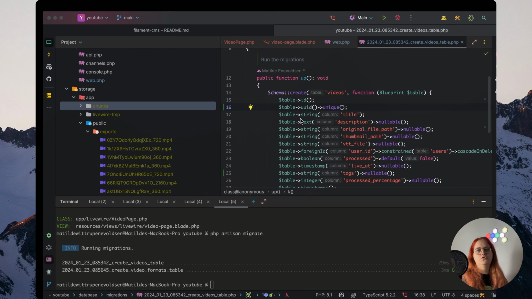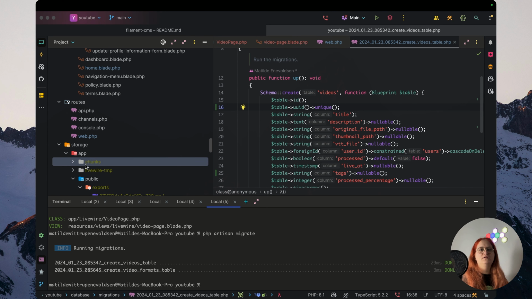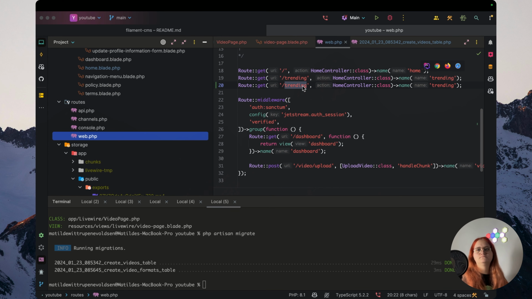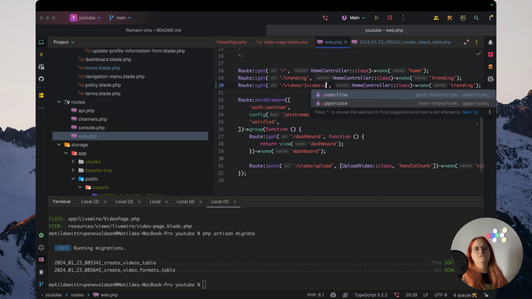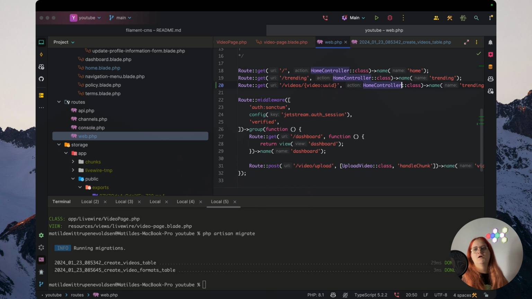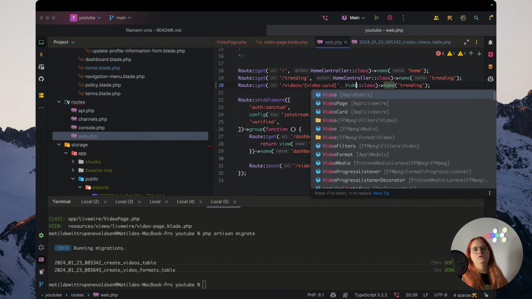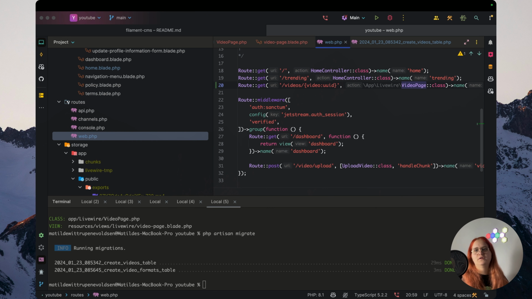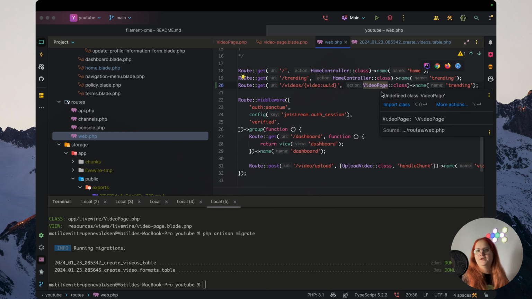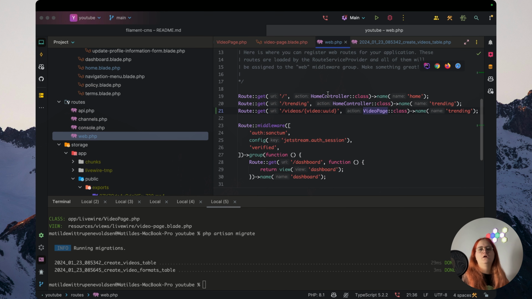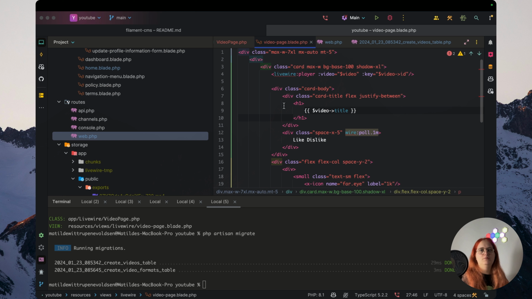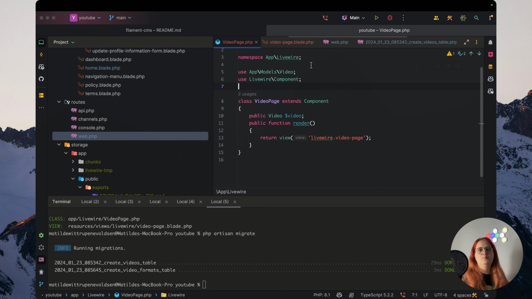And it doesn't seem to have broken anything. Outside of that, we want to make sure in here, do we have the videos? So that's video UUID. And we want to use the video page Livewire component. I'm going to go ahead and import this now. And inside video page, we will then be able to see all of this here. It may break, so